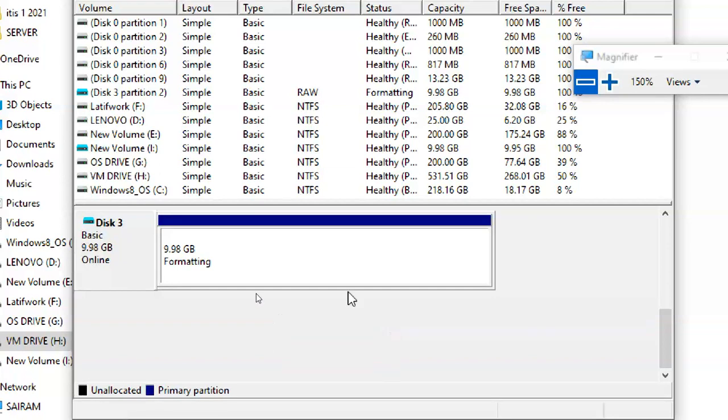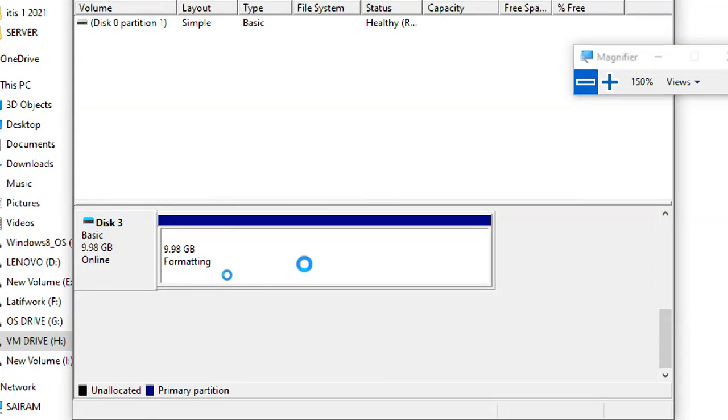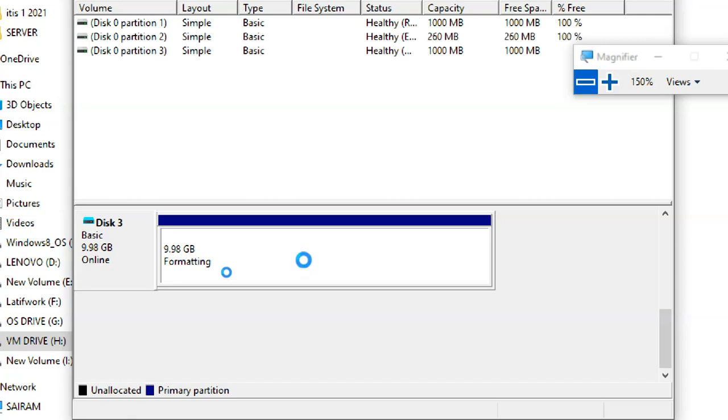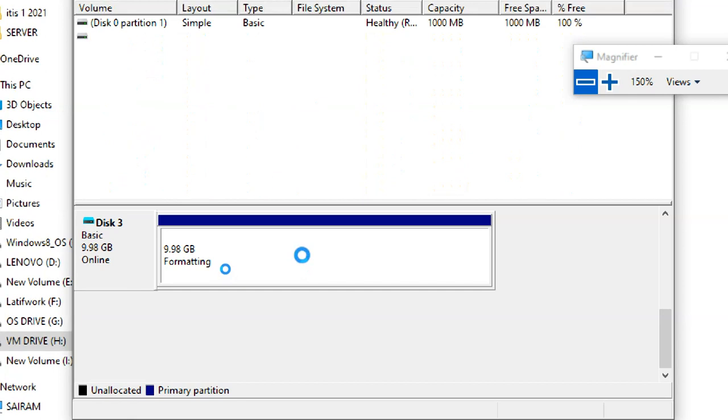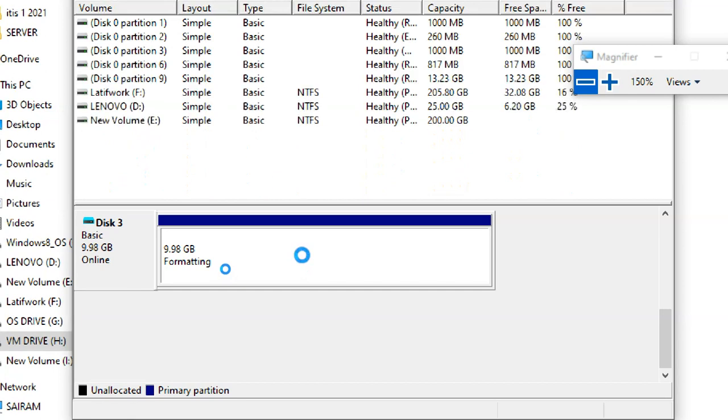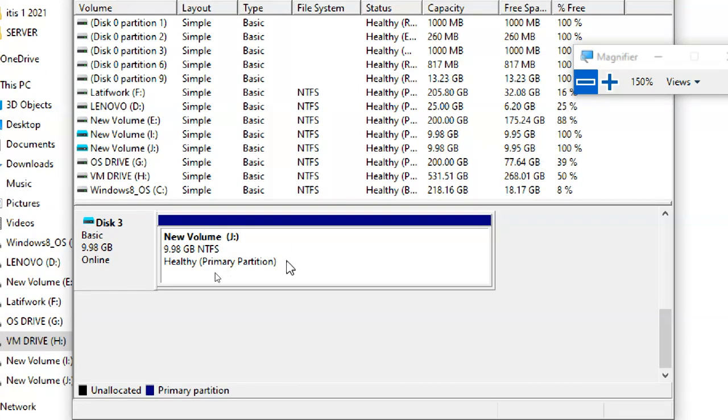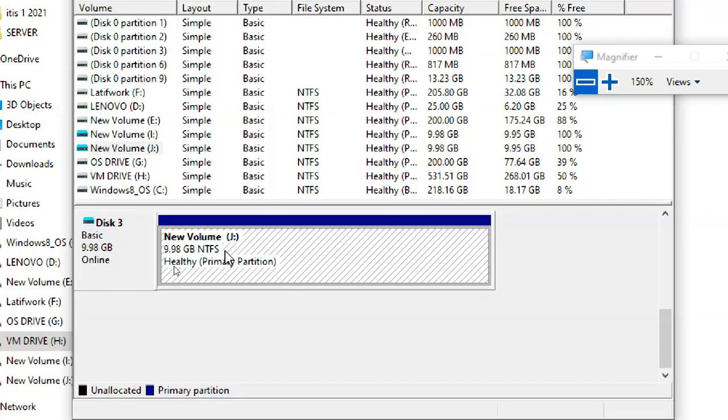Now it is formatting, and it will create a new drive. It is refreshing also. My system became a little slow because of updates again. So this is the J drive. Okay, what is the size of the J drive?